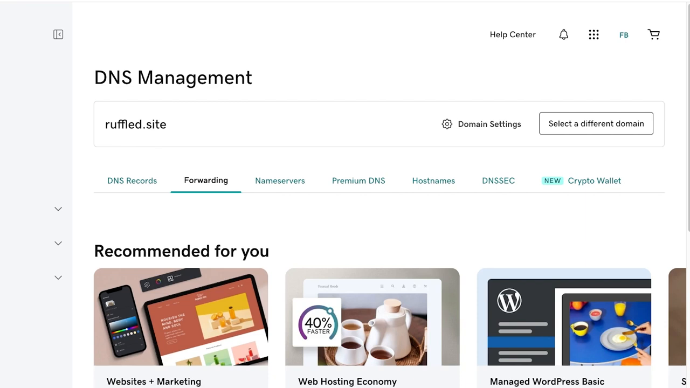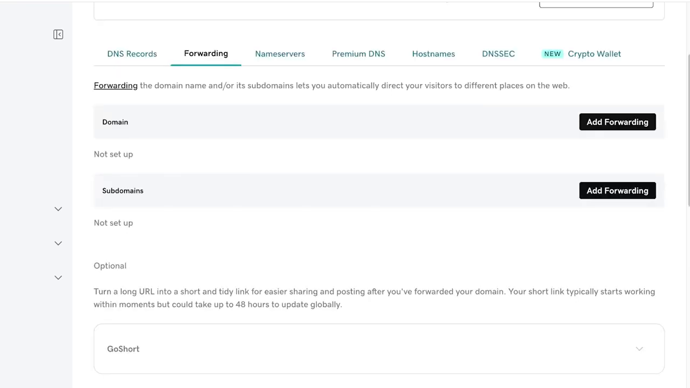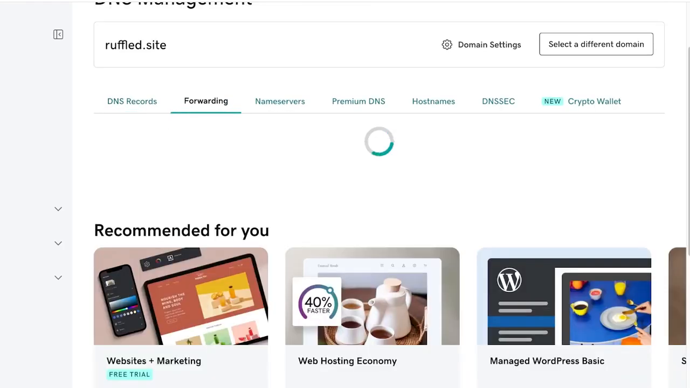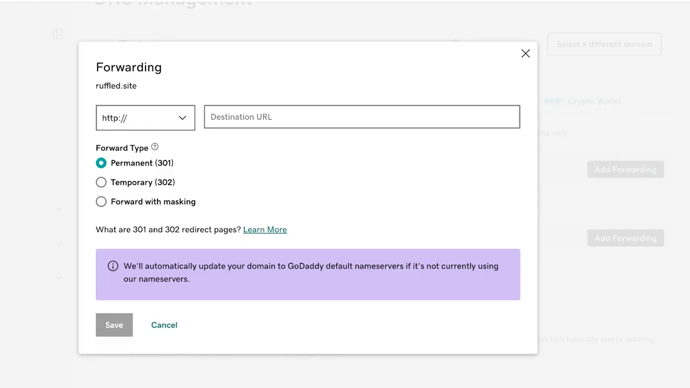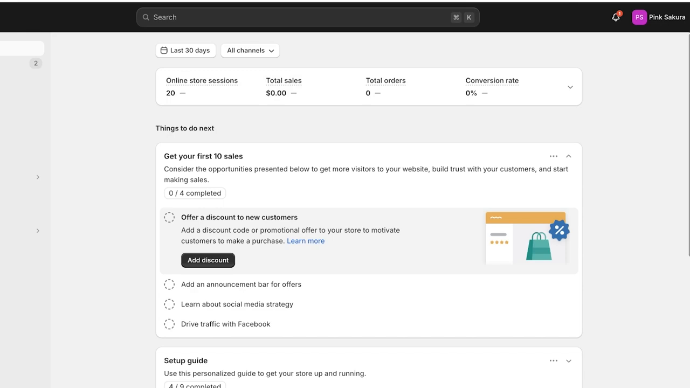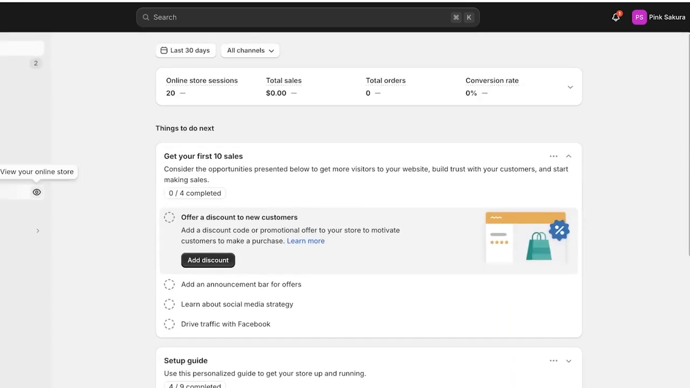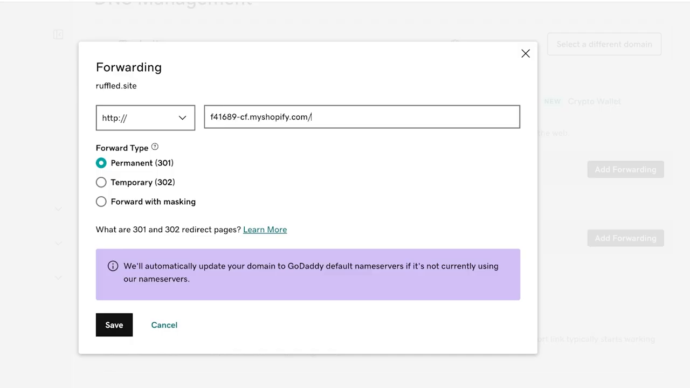Now, if I go into my domain forwarding in my GoDaddy account, you can see that it is going to show where your domain is being forwarded to, your DNS records, and you can even go into GoDaddy, click on Add Forwarding, and you can add your destination URL. So if your Shopify store currently has its own My Shopify URL, as you guys can see, this is my URL. I can click on Copy, and then I will paste that as a forwarding URL, and then click on